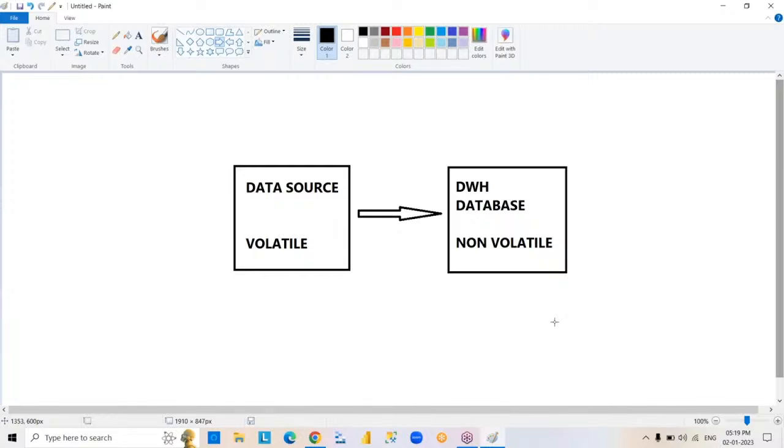Data source to data warehouse environment. Right. And so the major difference between data source databases and a data warehouse is volatile and non-volatile. Because of the non-volatile property in the data warehouse environment,